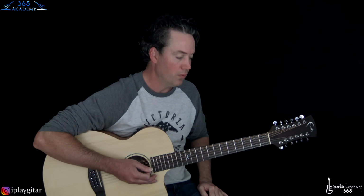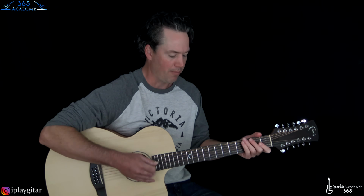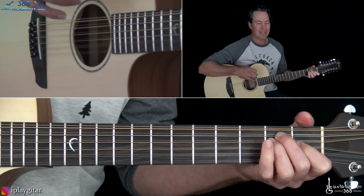Back to the chorus. So it's a really cool bridge section. And there's an electric guitar on there. I got a capo on there. So when I get to the electric part, I'd probably want to use the capo, but I'll show you how to do it without the capo. We just start with this E